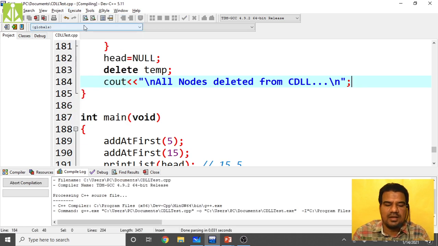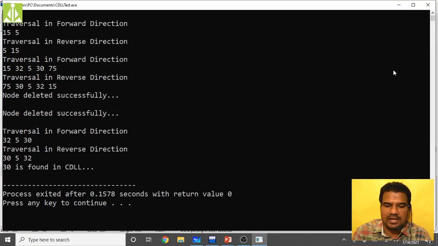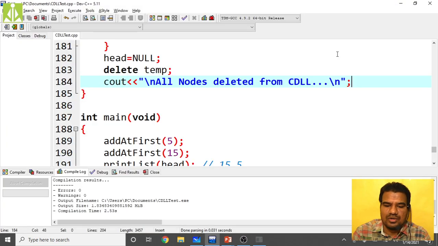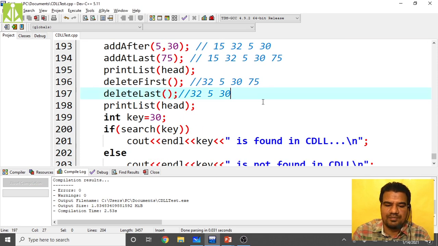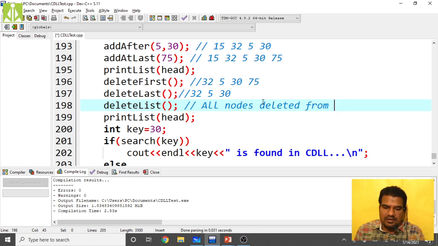Save this and compile. Hopefully no issues. Yes, no issues. And then run the code. Yeah, here we are getting these three nodes, right? So if you call that delete list function before this, it will delete the complete list and you will get a message: all nodes deleted from CDLL.